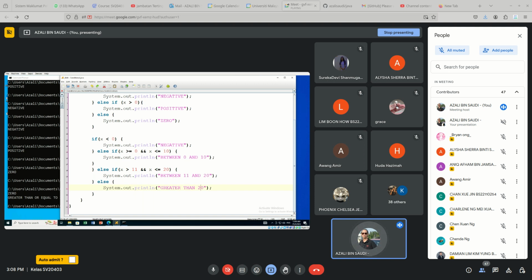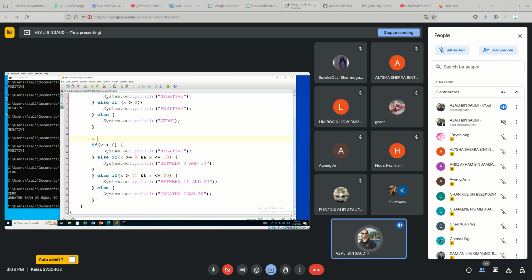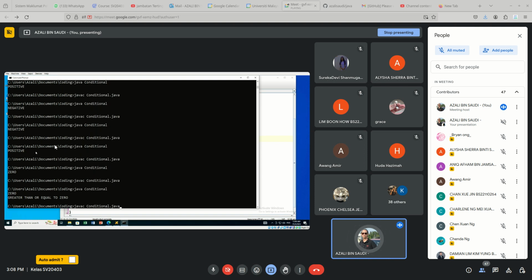So this is another way. Let's say I put x equal to 15. So the output should be